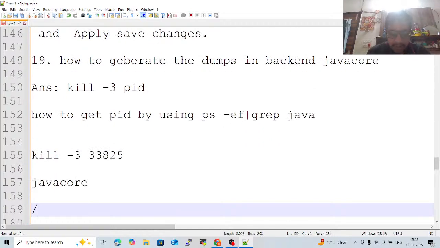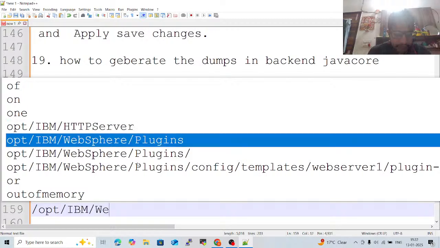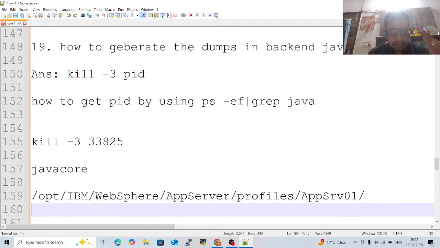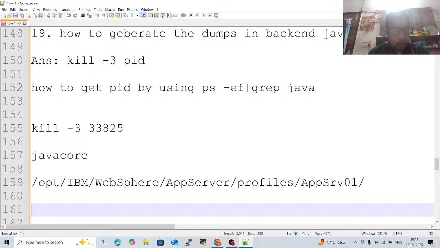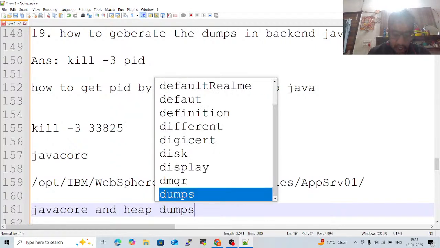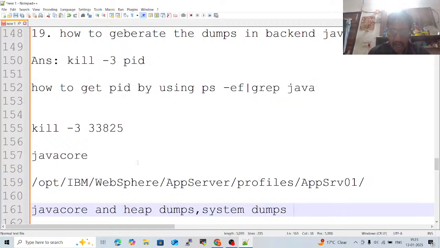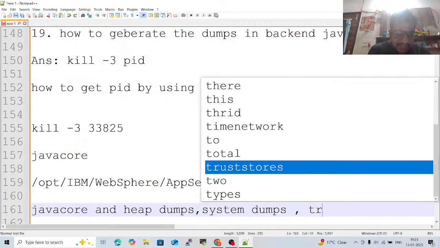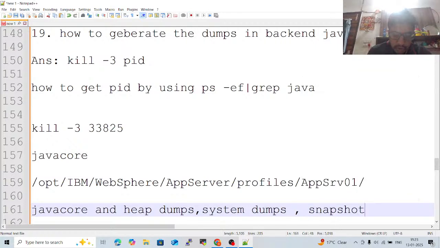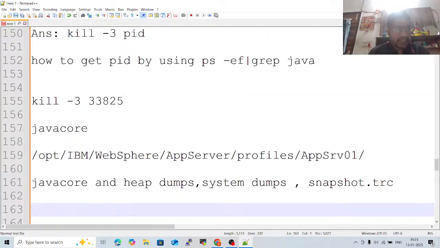It will be located in /opt/IBM/WebSphere/AppServer, under the profiles, under that appsrv01. Under that, the Java core dump, Java core, heap dumps, system dumps, and trc snapshot.trc will be located. This will be used. Okay,